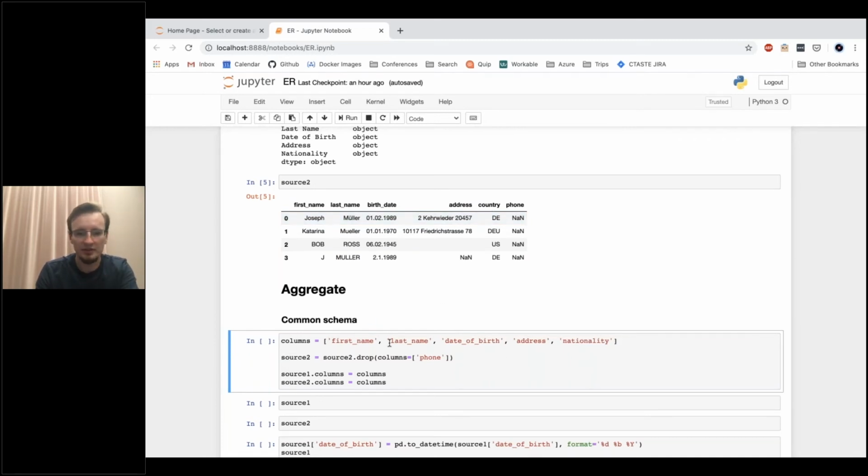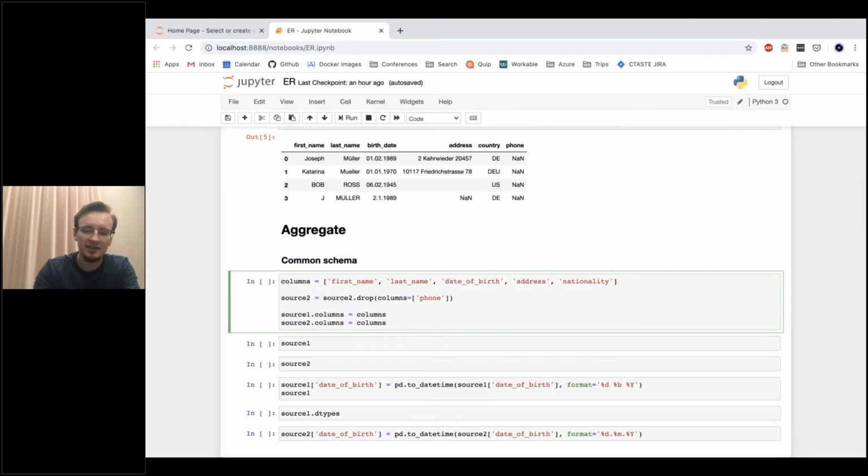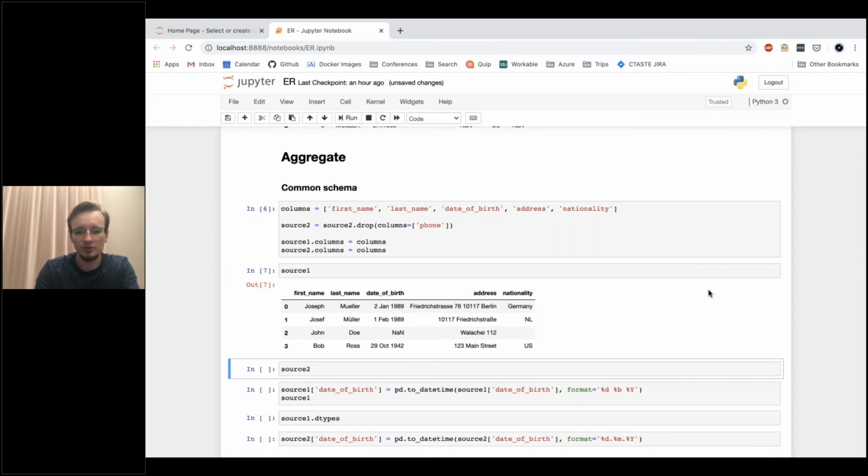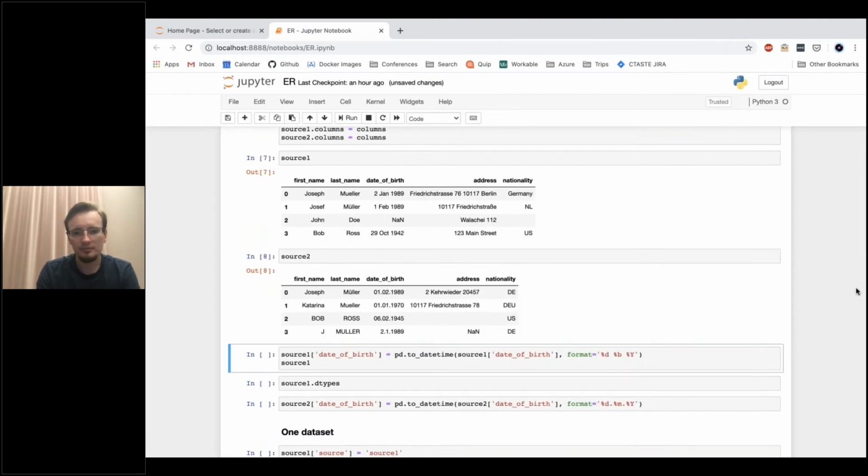In this case, we know it's the country of nationality, not domicile or something else. So we're going to use these 5 columns. We also notice that there was a phone, which was completely null, so I guess useless. Let's just remove that. And applying this to the sources, we get data which looks like this. So we can already see we have the same columns. The types at this point are also the same. They're all